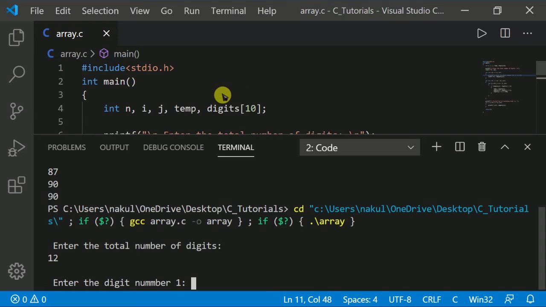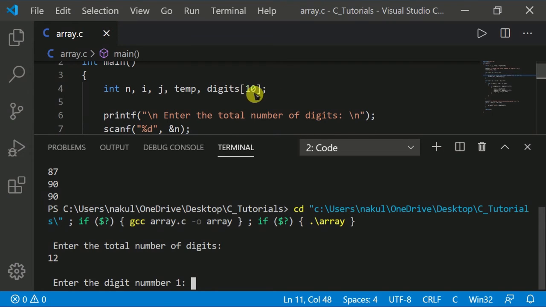If you enter a value greater than the digits length, for example I enter 12 for the limit of 10, what will happen in this program? Let's see.